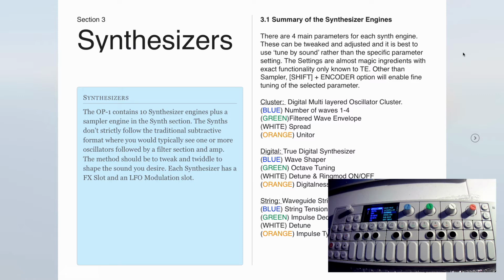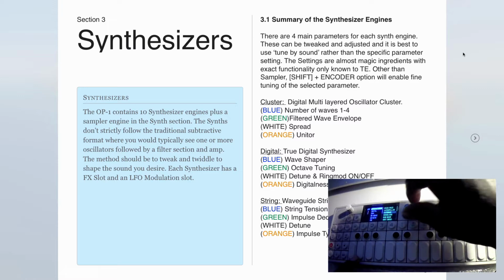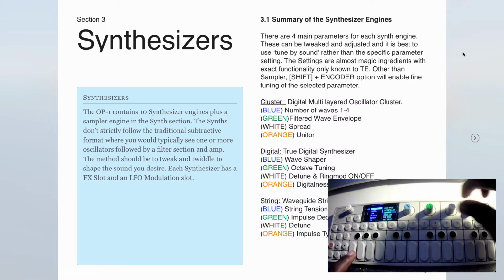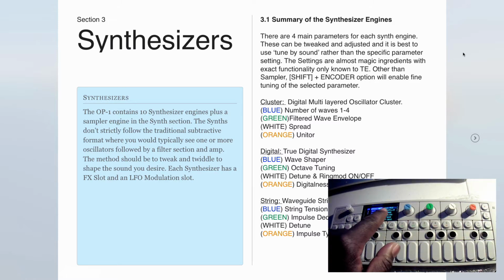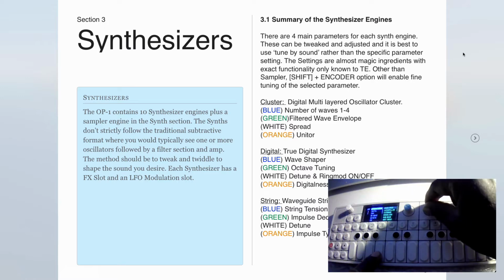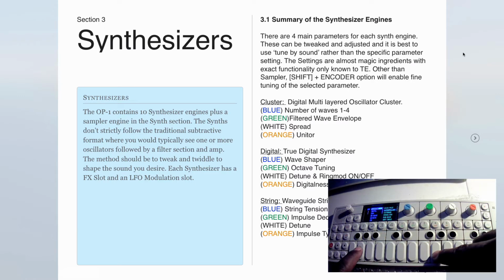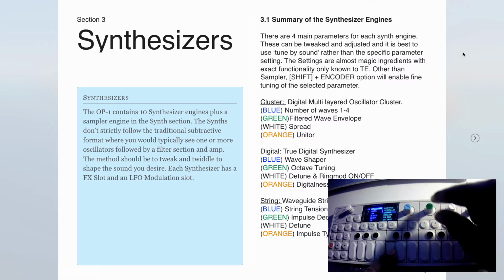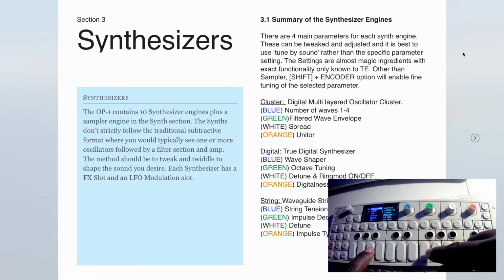The first synth engine we're going to look at is cluster. So let's go to cluster and have a listen to some of the preset sounds. First one I'm going to choose is bass face, hopefully you can see. Next one, caterpillar. And C strings, dissolver. So let's go into cluster and have a look. As you can see, the unique GUI for cluster